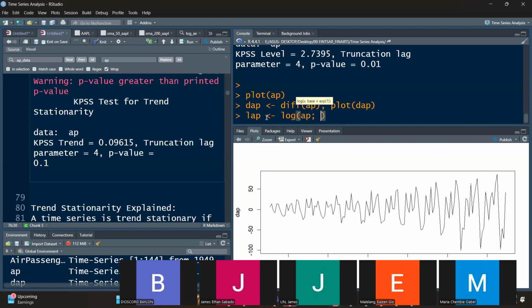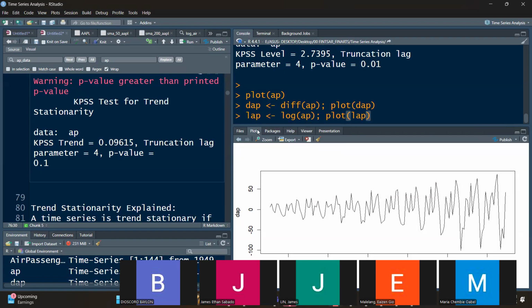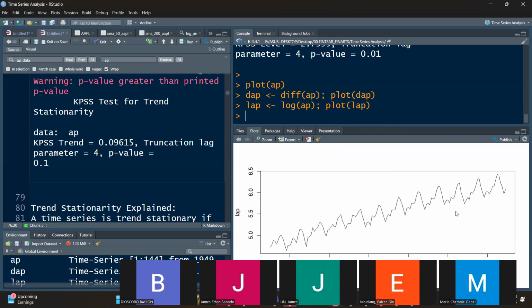And then let me plot this. Log plot LAP. Okay, so here I'm getting the log of AP, and then I'll plot it, control enter. You can see that getting the log might cure the non-constant variance, but it will not cure the trend. So when you're dealing with a time series that is not stationary, which means the mean is not constant, the variance is not constant, and therefore the covariance is also not constant, then what